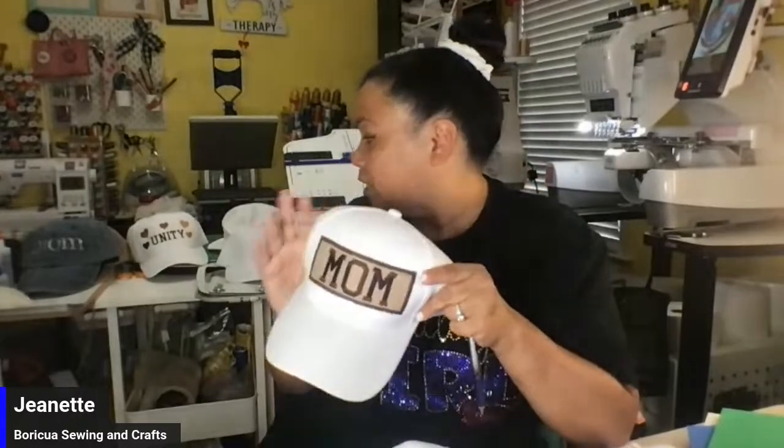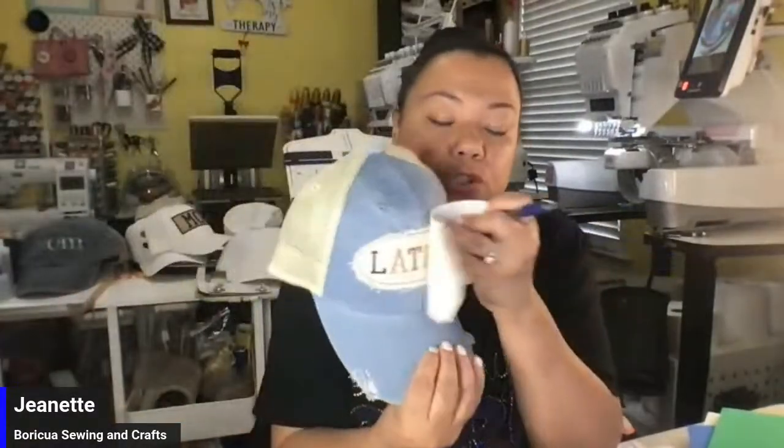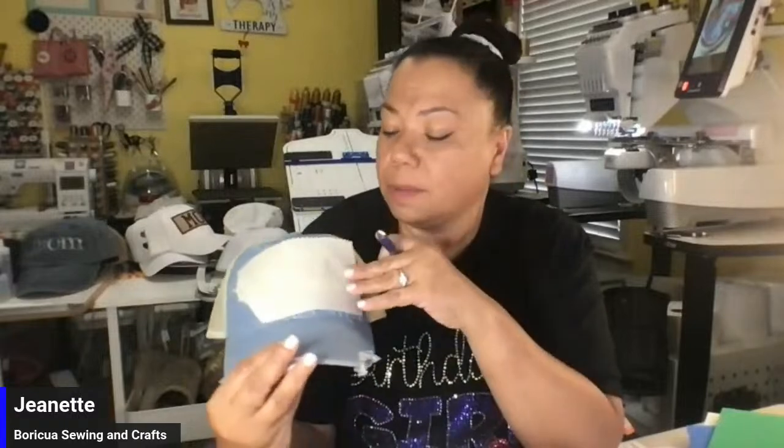Now, how do I lay down the fabric so that I can minimize or hopefully not get these types of things at all? What is the trick that I do? Well, what I do is I actually starch the fabric. This is a piece of fabric that I got, and this is actually the fabric that I use for this hat. When you're using this for a structured hat, and I'll show this in the video,